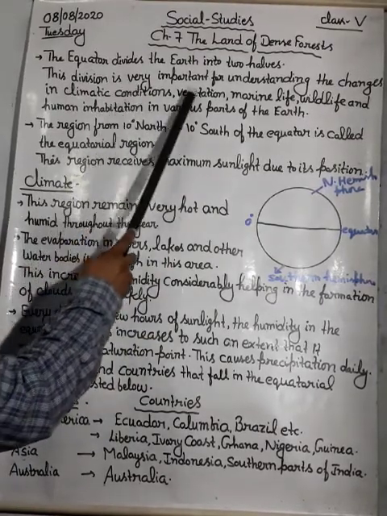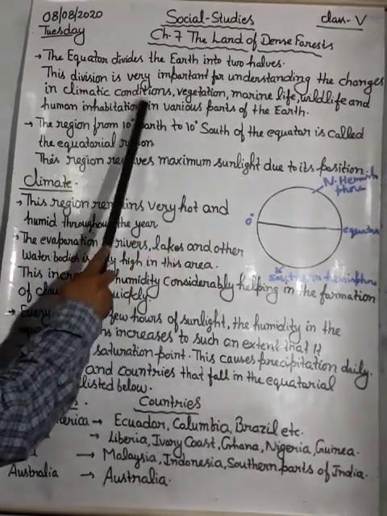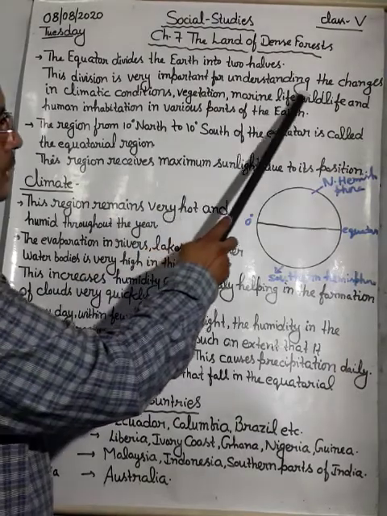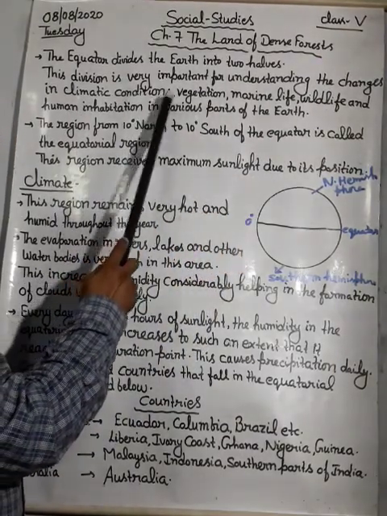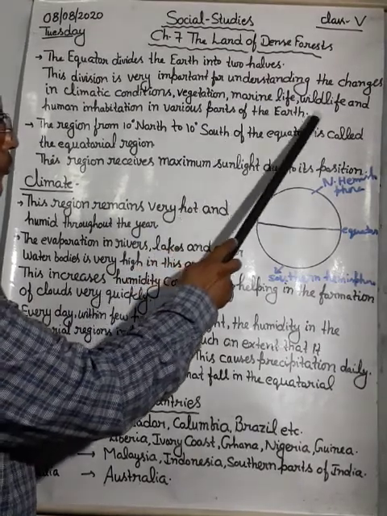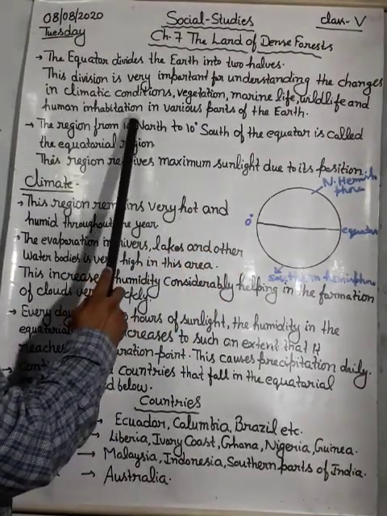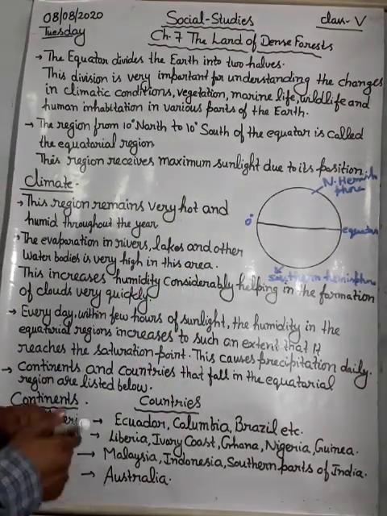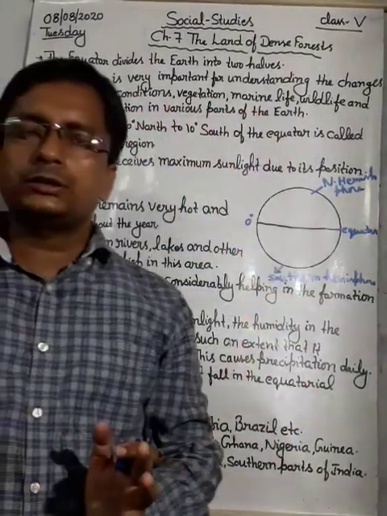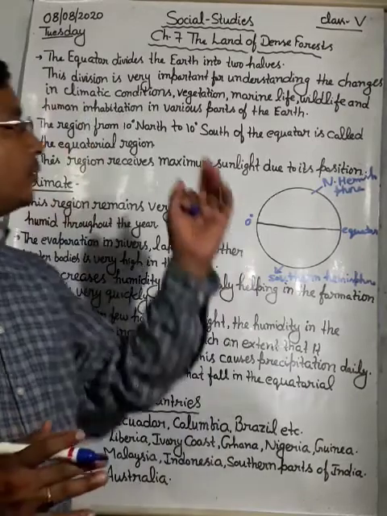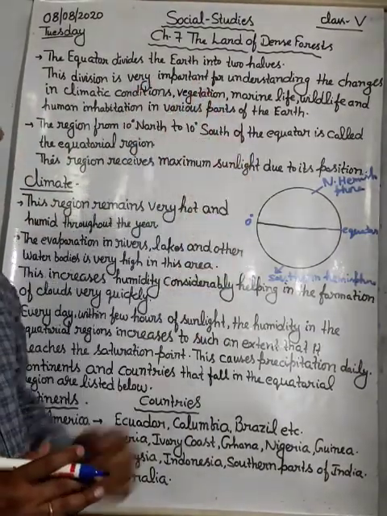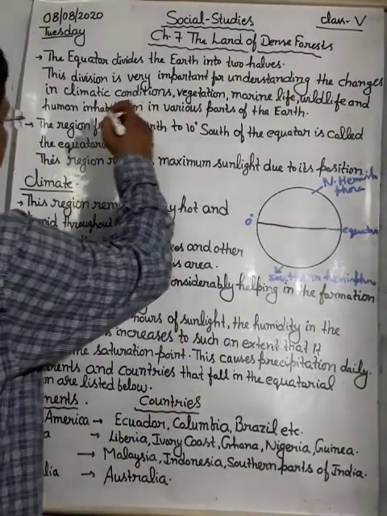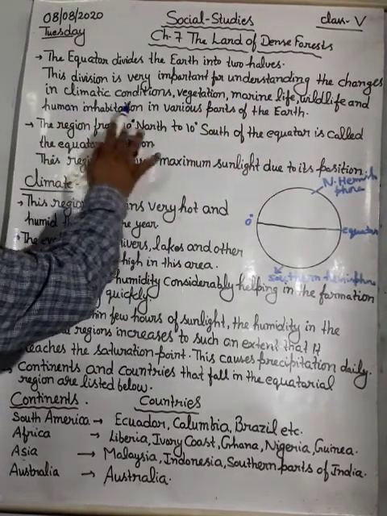This division is very important for understanding the changes in climatic conditions, vegetation, marine life, wildlife, and human inhabitation in various parts of the earth. Dear student, all these activities are affected by the location, by these two equal halves that you can see here. Understanding the changes in climatic condition,